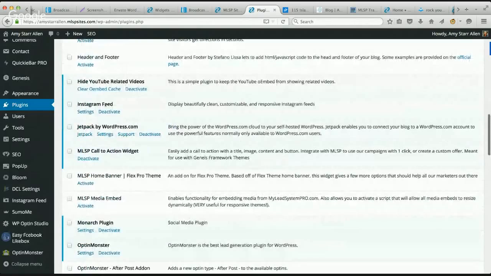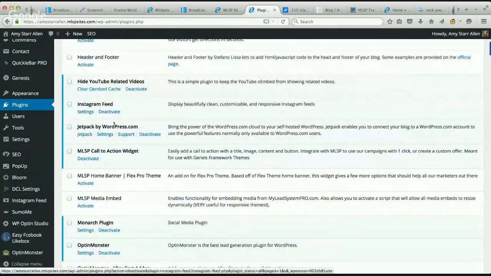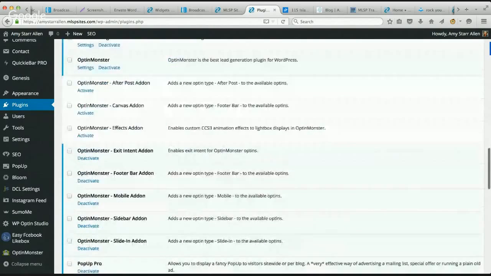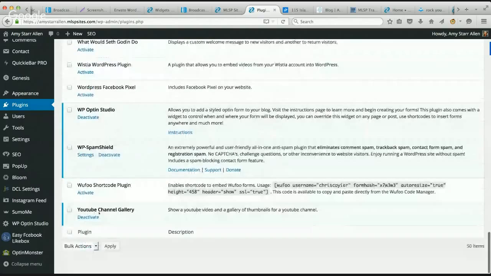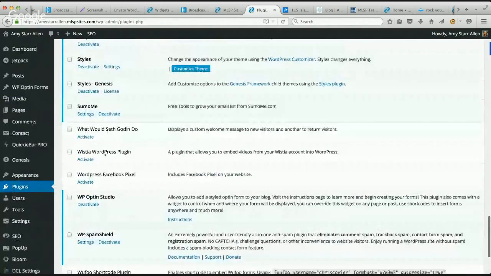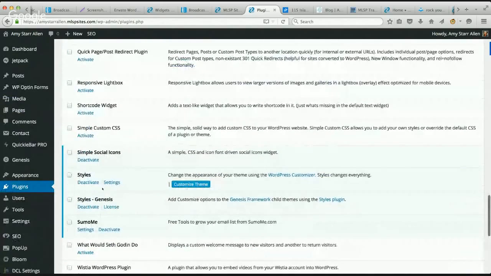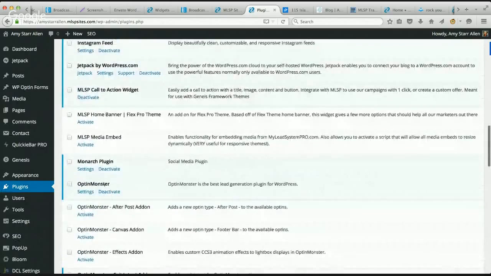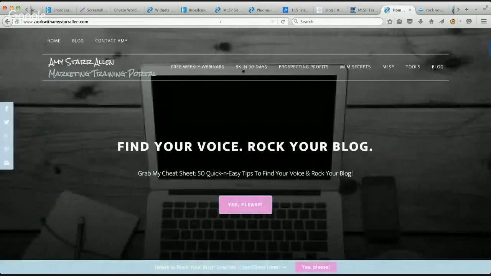They have this Instagram one, I'll show you that as well right now. And there's a YouTube channel gallery I have activated. There's all this cool stuff. So you can just come in here and choose which ones you want. And then let me just show you what some of these look like. So if I come over to my blog,